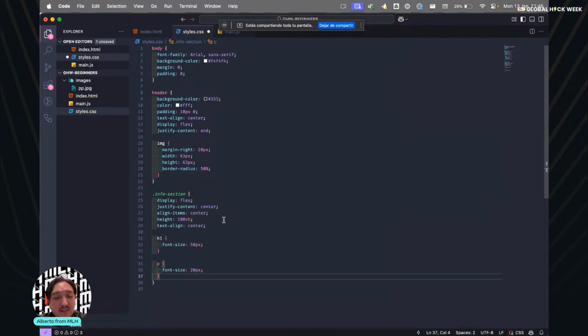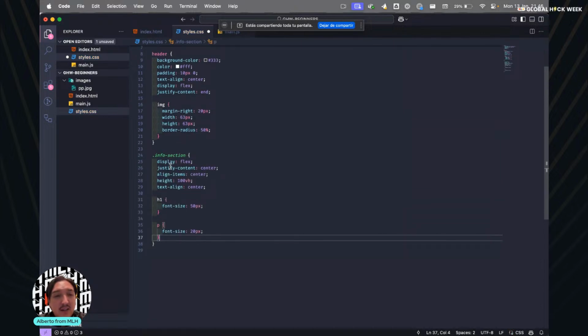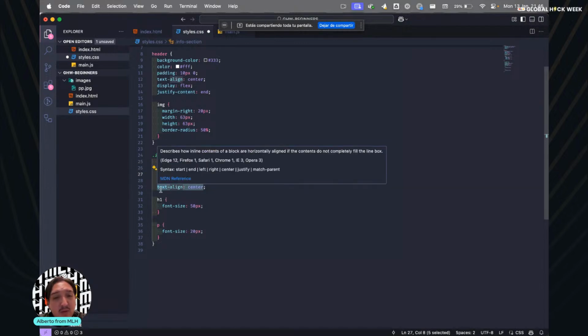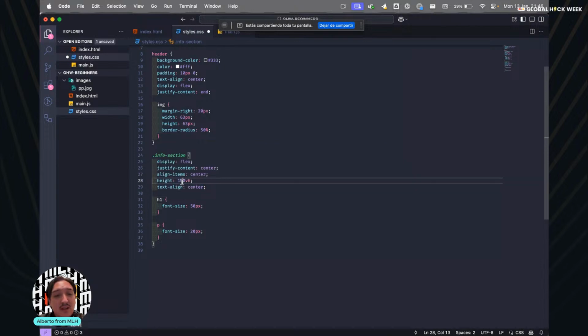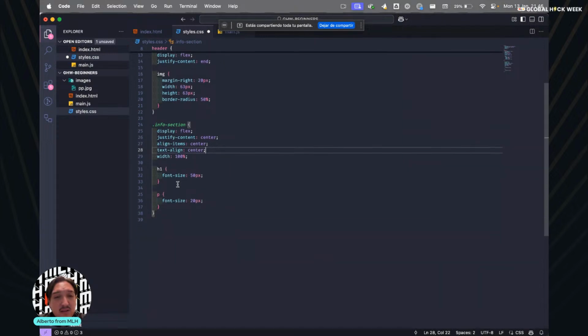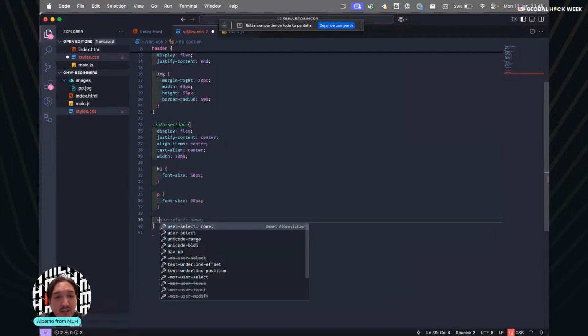Display flex. I'm going to take the hints here. Display flex, justify content center, align items center. I'm going to leave it with width 100%, text align center. H1, P. Okay. Now I'm only missing the